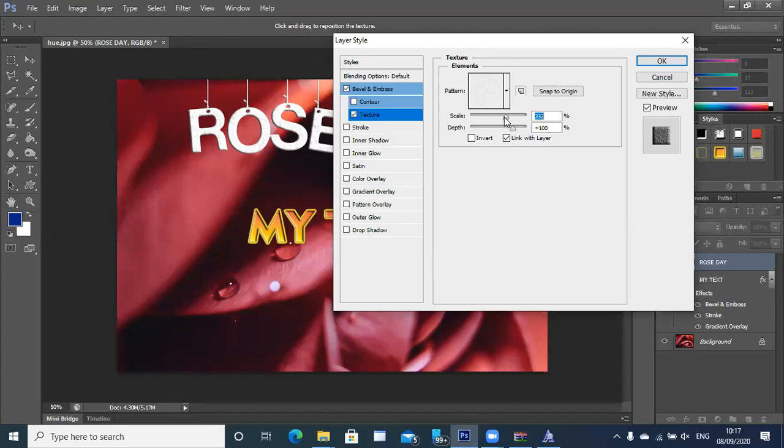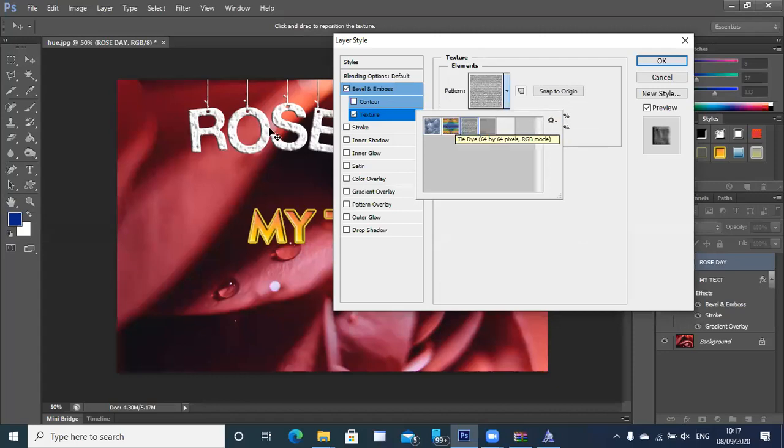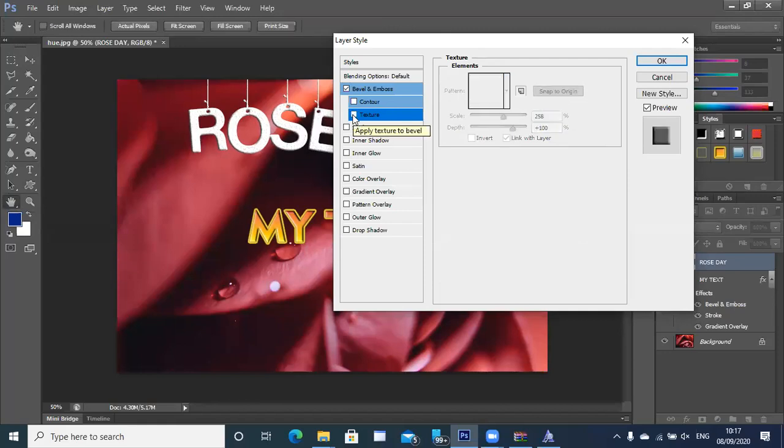See here, if you want to give this kind of an effect, like a wall-ish effect, there's a texture here. You can choose which kind of pattern you want, and it would apply that pattern. If you don't like it at any time, you can just uncheck this and the effect would go away. So layer style is basically when I apply this kind of an effect to make my text look different. Then comes a variety of other styles which are there.